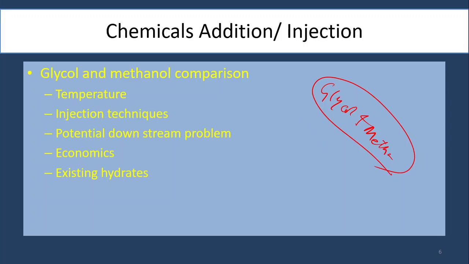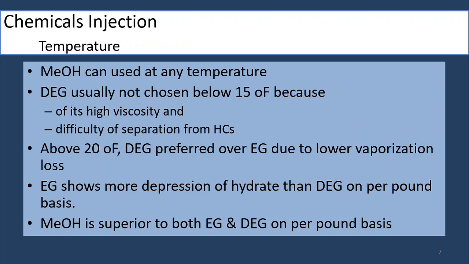We are going to compare these two methods with respect to temperature, the injection techniques, the potential downstream problems, the economics, and the existing hydrates. So the first one is the comparison of methanol and glycol with respect to temperature. In this one, methanol can be used at any temperature, so we can say it has an